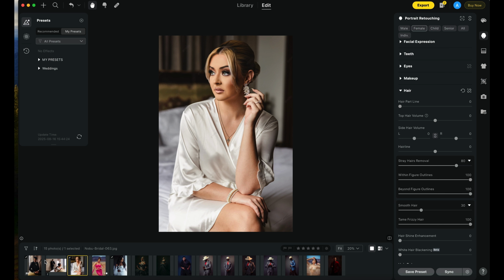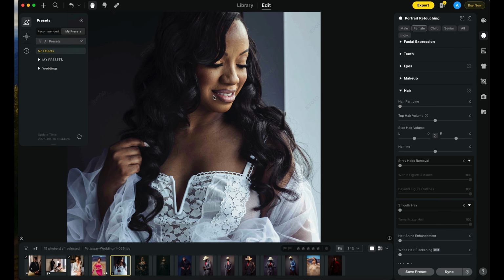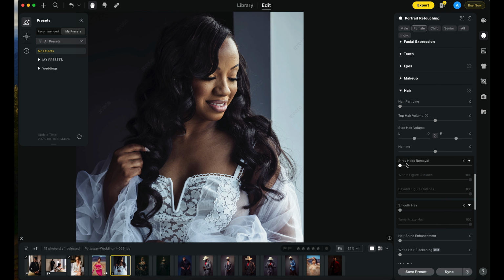Now let's take a look at that with another image. So if we come here to my bride, let's be sure everything here is reset. And we're not gonna focus on skin in this one because we've already established what the blemish removal tool does. But if we just look at her hair and we crank the stray hair removal tool up, you'll see that it's taking care of that beautifully. And then, of course, again, going in with that hair smoothing tool,